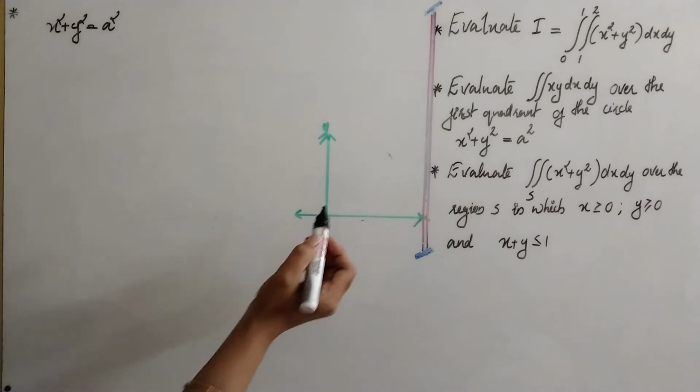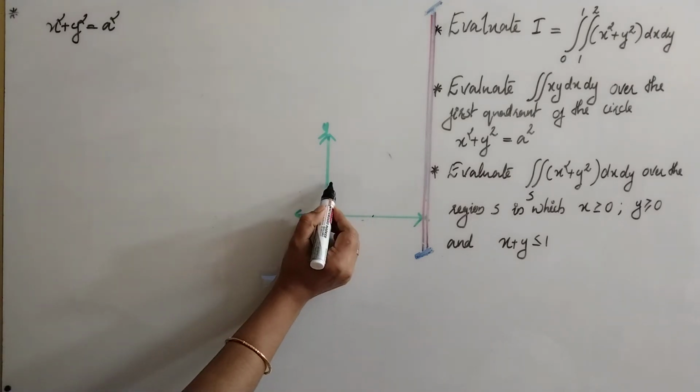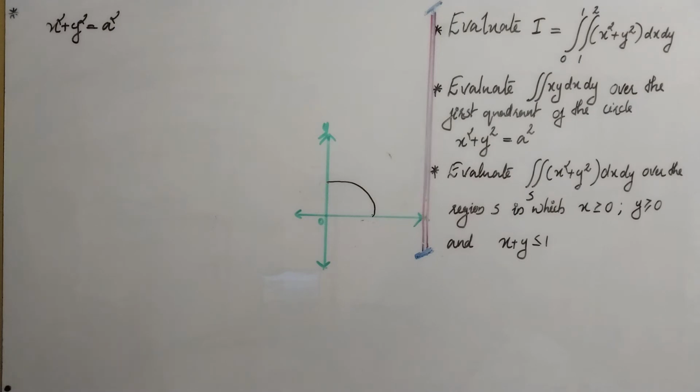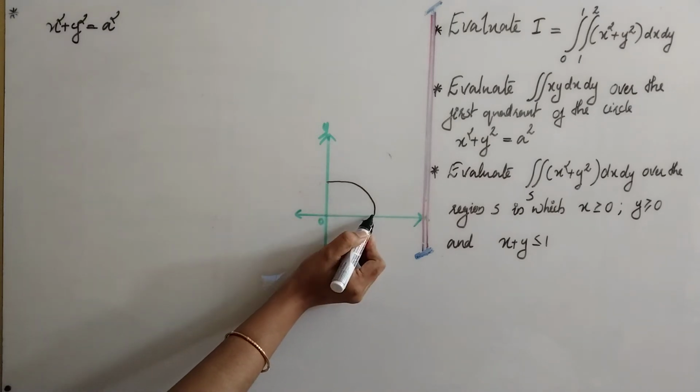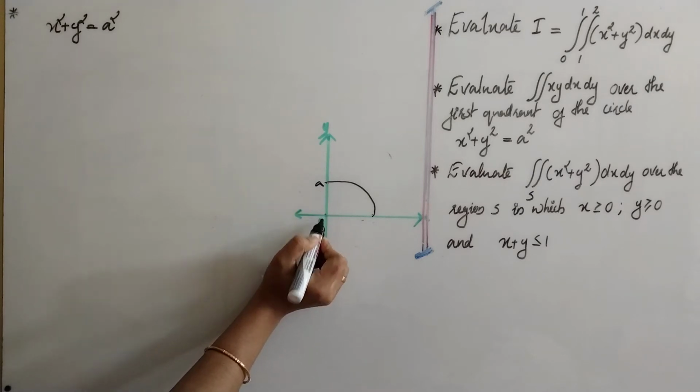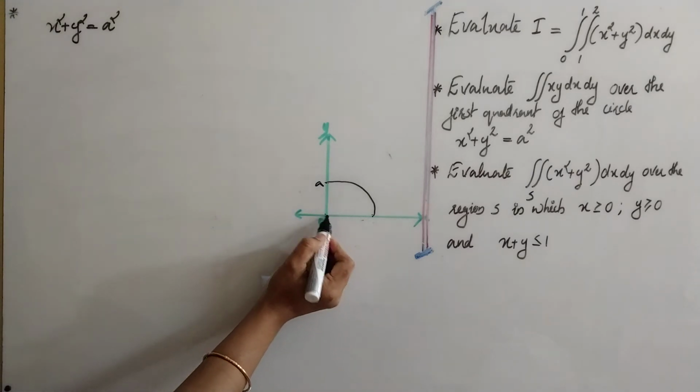In the first quadrant we have the portion of the circle like this. The radius is a, so this value is a. Here to here this is a, here also a,